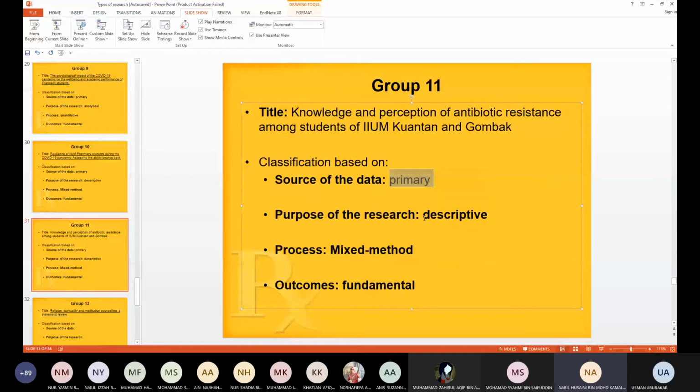I've seen other research on this topic on different populations, such as the public, the rural area, and others. But for this topic, it will encompass the population of university students. So it will be descriptive in that population. The process? I think quantitative, because we're going to do a survey to assess the perception.